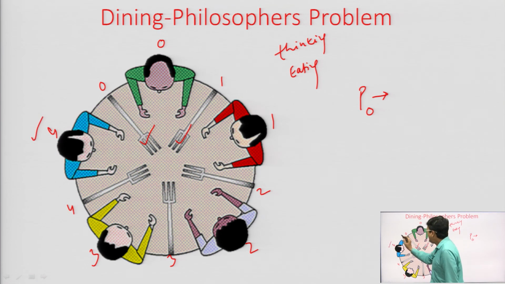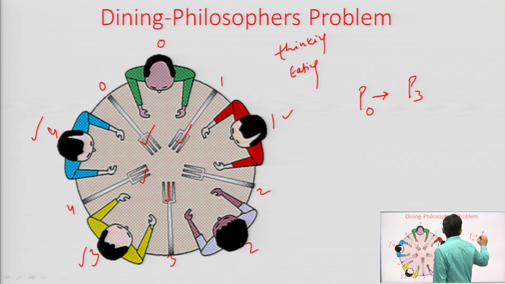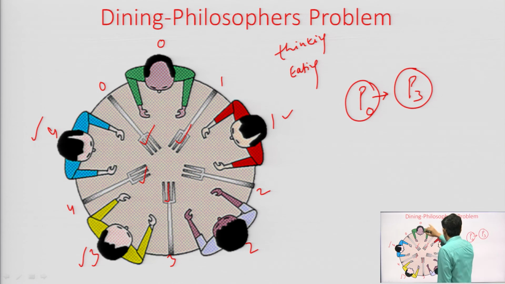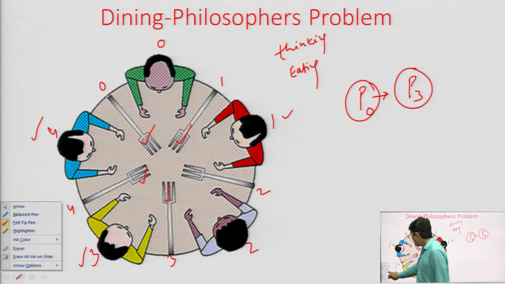Then neither 4 nor 1 can enter the eating state, but 3 can, because 3 has access to these 2 forks. So, P3 can enter. So, 2 philosophers can be in the eating state at the same time, but not more than 2, because both the left and right forks are required for entering the critical section. So, what is required here,